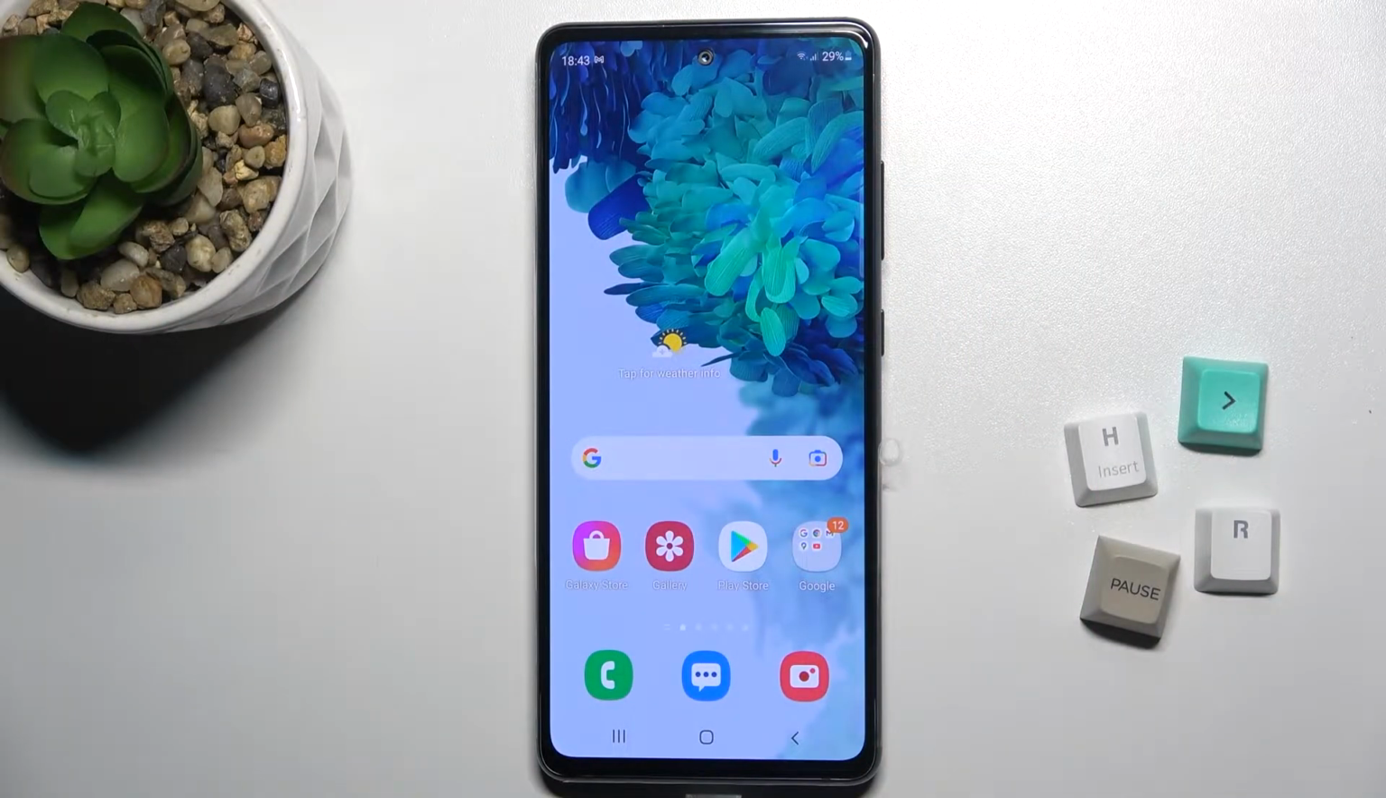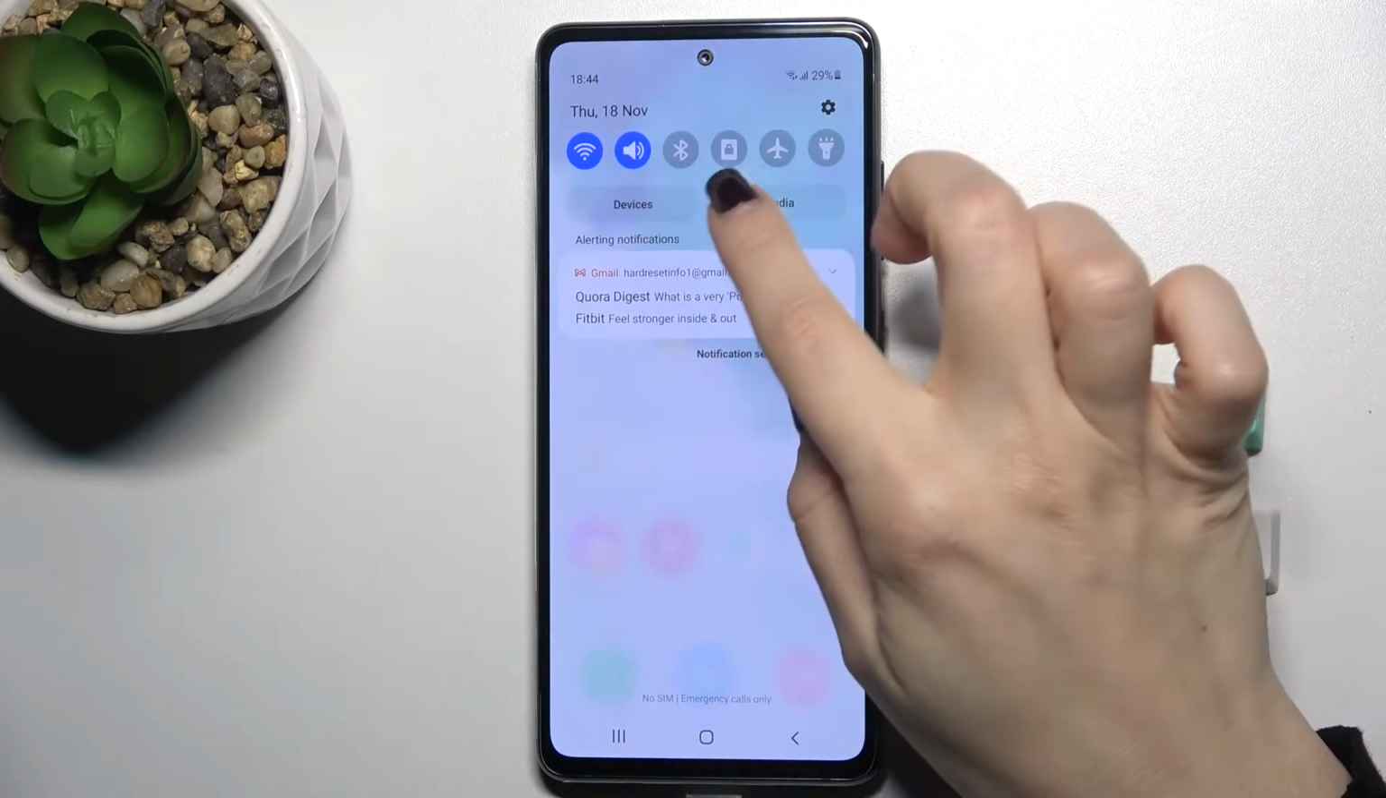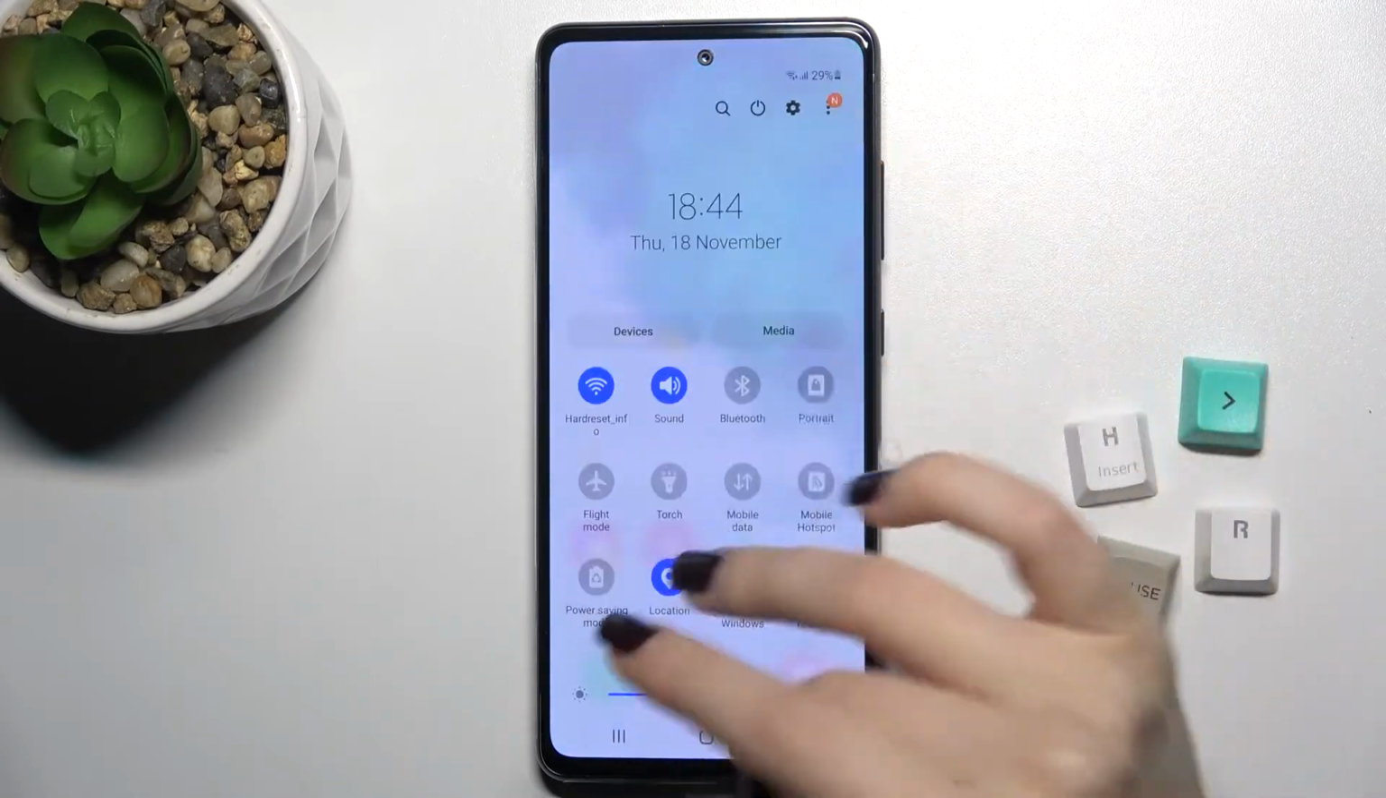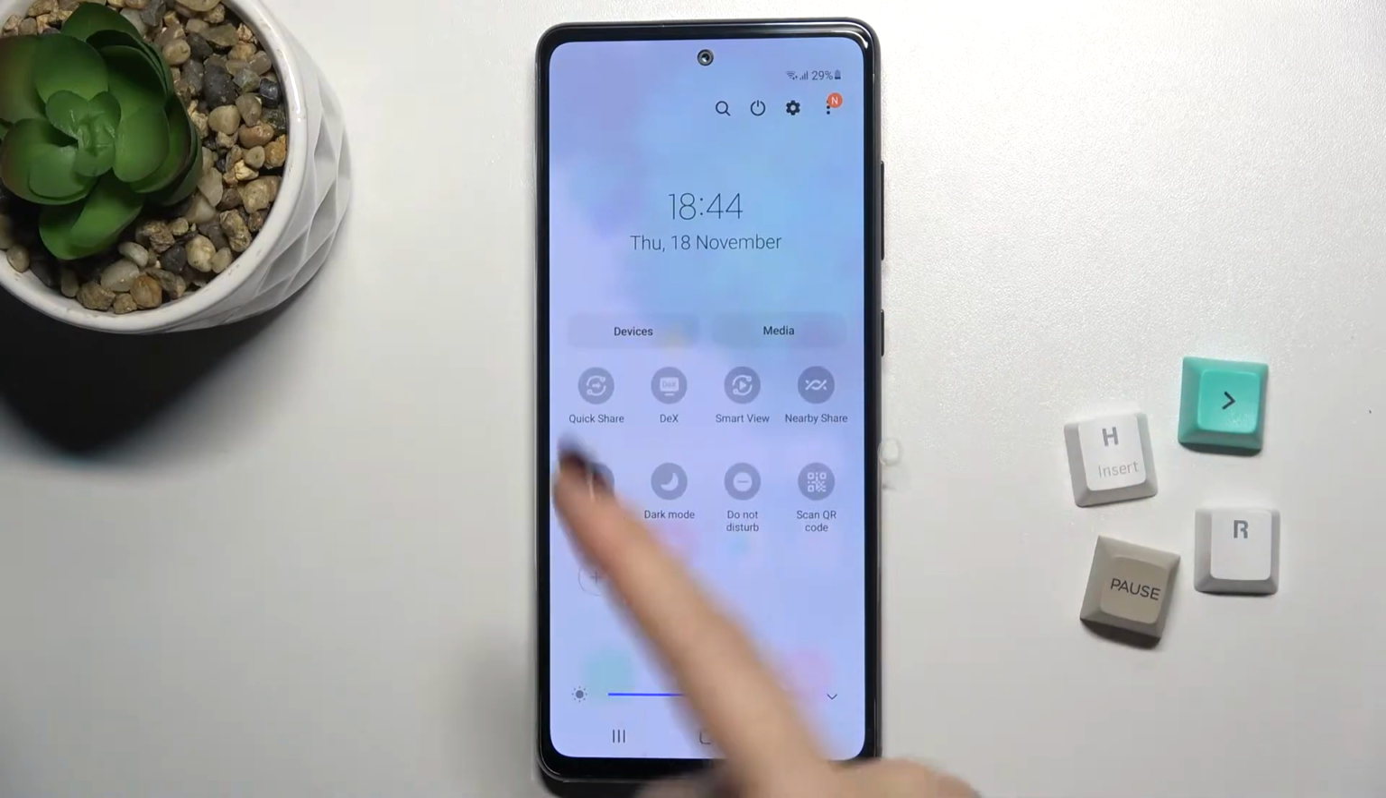Welcome, today in front of me is a Samsung Galaxy S20 FE 5G, and I'll show you how to adjust notification panel shortcuts on this device. So first you should open the notification bar and just go here, swipe with your finger